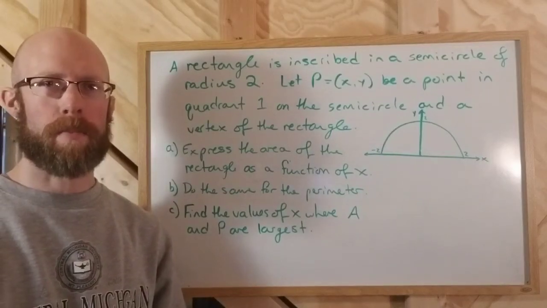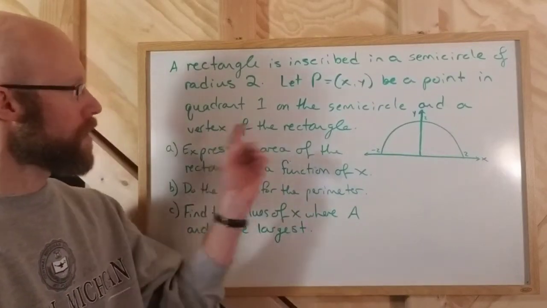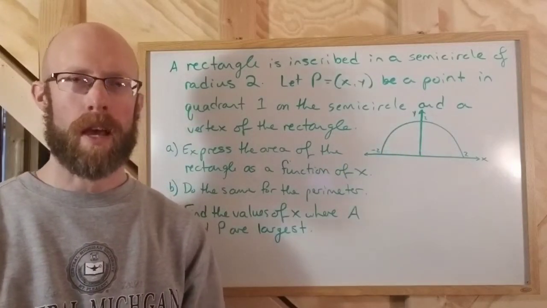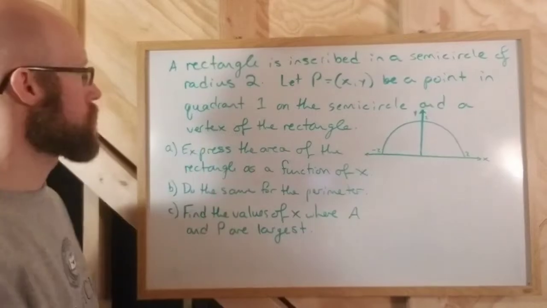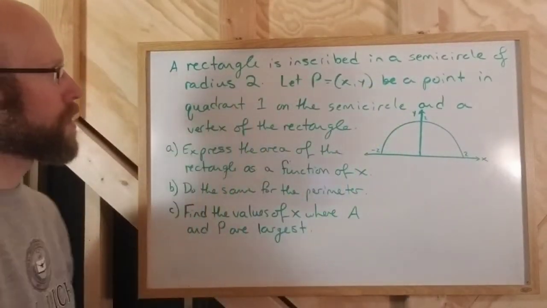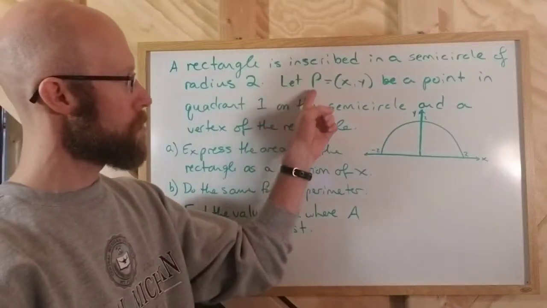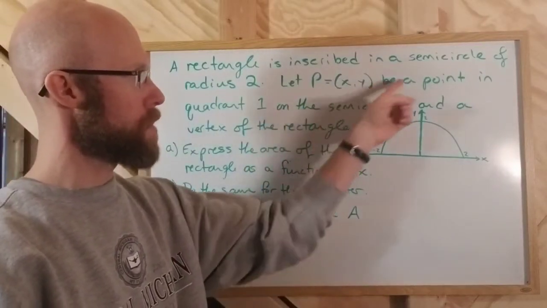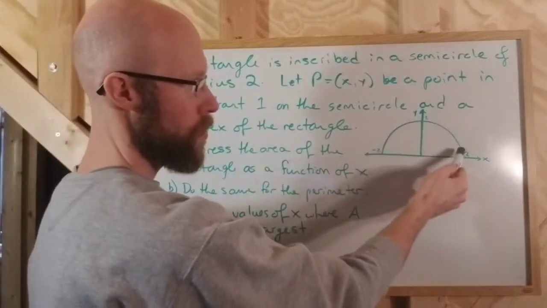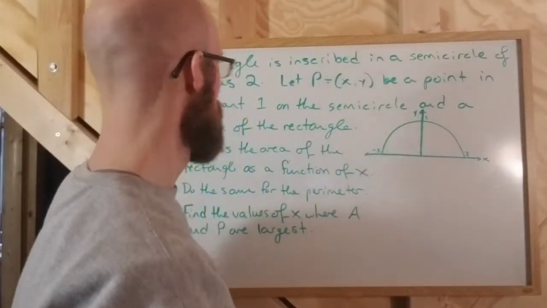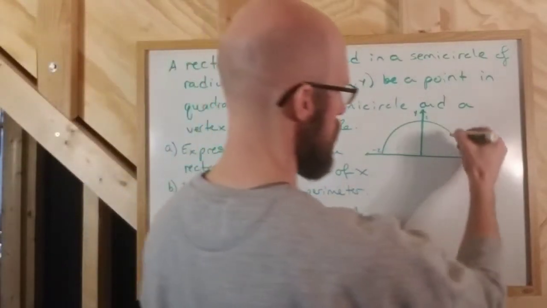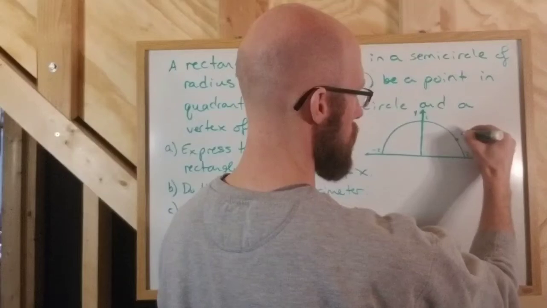In this next example, I have a semicircle that's going to be inscribing a rectangle. So the instructions here say a rectangle is inscribed in a semicircle of radius 2. We're going to let P, the point (x, y), be a point in quadrant 1 on the semicircle. So P is going to be over here in quadrant 1 on the semicircle, and it's going to be a vertex of the rectangle. Okay, so if I just plot that point P, it could be anywhere on that